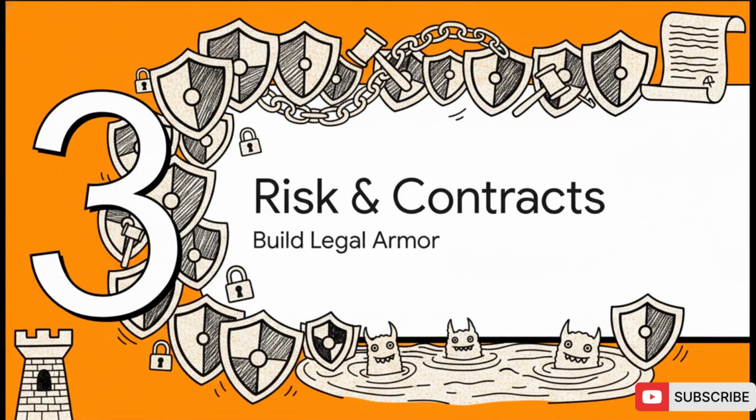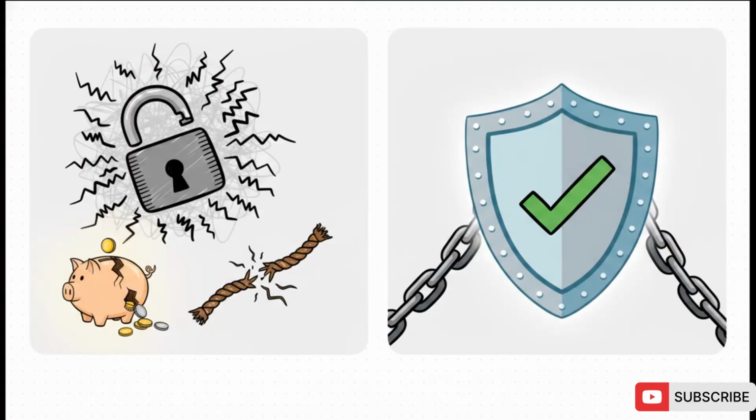All right, let's jump into Section 3, mitigating risk with contracts. Now, managing all these channels usually requires some agency oversight, but never, ever rely on a handshake. Without a formal management agreement, you're looking at brand dilution, a severe loss of control, huge legal liabilities if privacy laws get violated, and total financial waste if the agency drops the ball. On the flip side, an airtight contract guarantees brand consistency, protects your intellectual property, and lays out crystal clear deliverables. These formal agreements are absolutely non-negotiable for holding agencies strictly accountable for their performance.